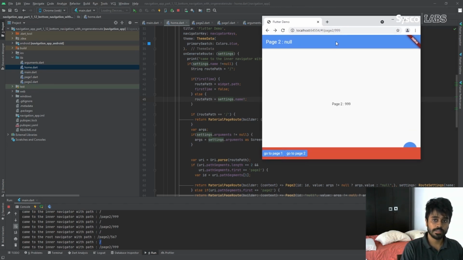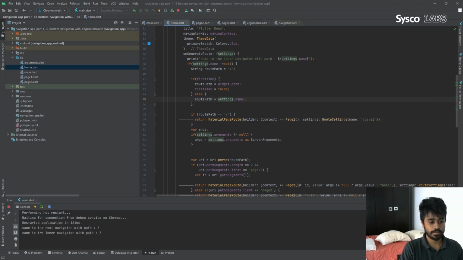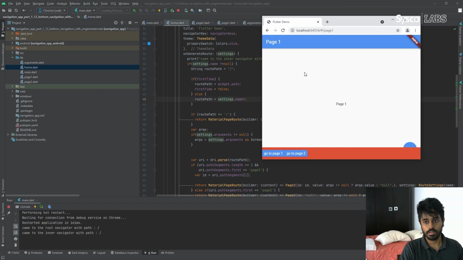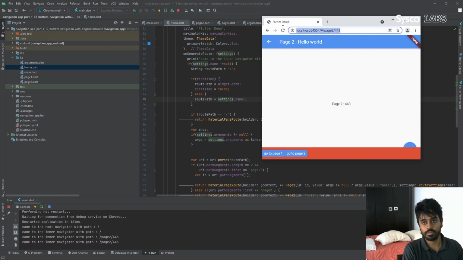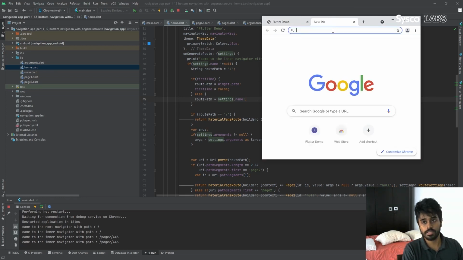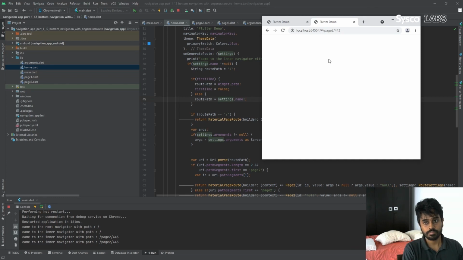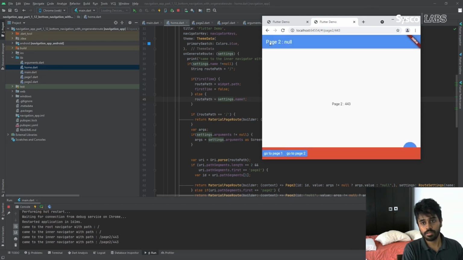So here I have to mention the main thing which is missing here in using Navigator 1.0. For example, let's restart the application. So I have restarted the application. Now when you go to page 2 and when you press back, you are going back to page 1. But say you share this URL with a friend of yours and then he accesses this page again. Now you go to page 2, but you don't get the back button to go to page 1. So you are not in the same state. Here you have the back button to go to page 1, but here you don't.